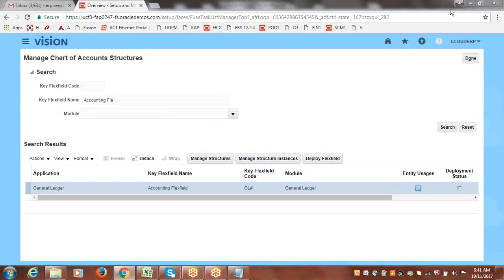Okay, so in case of EBS, what we do is we select a specific chart of account structure and we compile. But here the compile activity will not be done at structure level, but at the entire flex field level, the accounting flex field. Say within this accounting flex field we have 10 chart of account structures and 10 or 20 instances. Now we have to submit this entire accounting flex field for